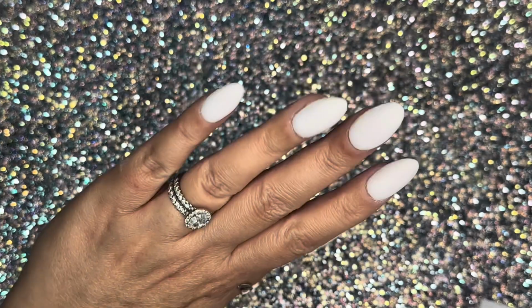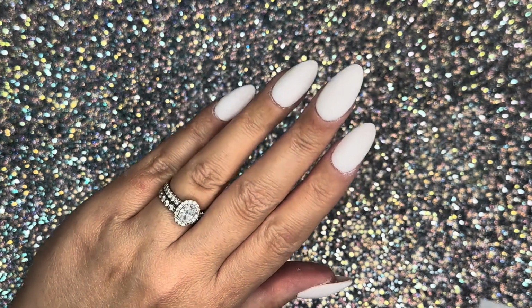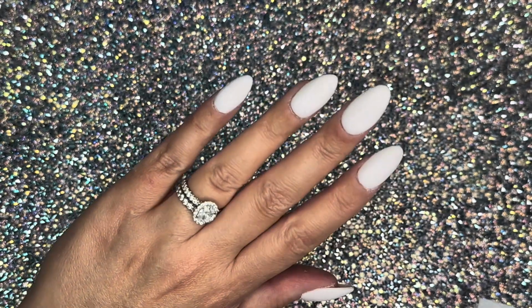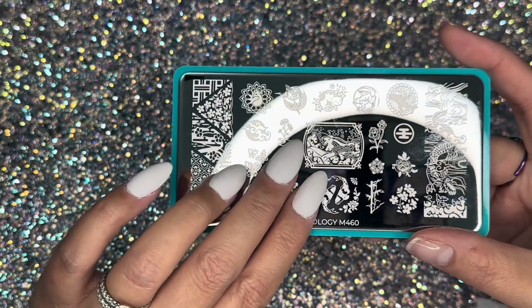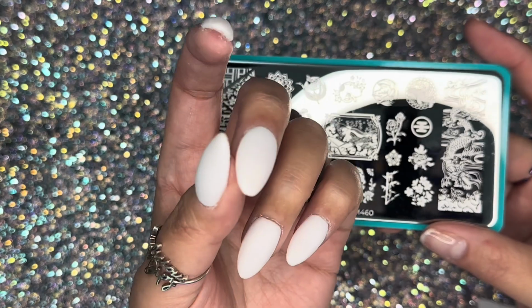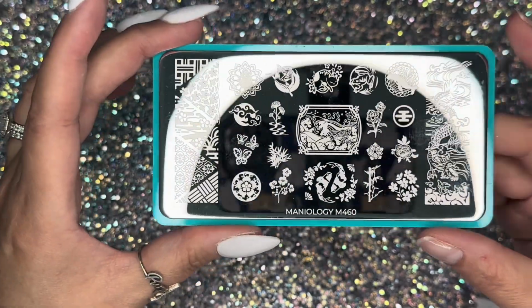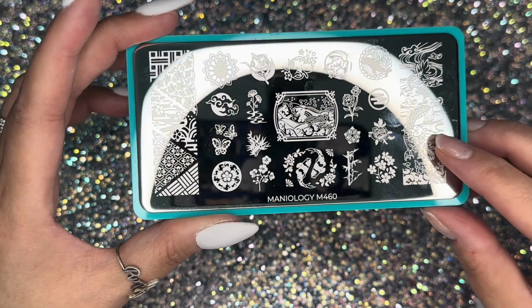So here's how it's looking. Isn't this white just so beautiful? It's just such a nice, clean white color. So now we're going to get into some stamping using this plate. I'm not sure, like I said, what I'm going to do yet. So I'm going to start with my middle finger because I know that definitely wants to be a full design. So I think I'm going to do...